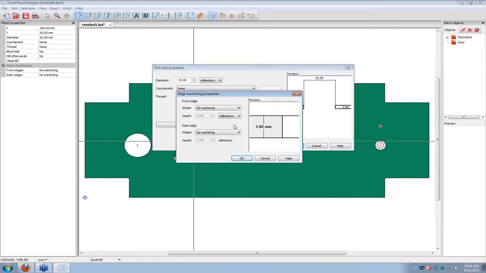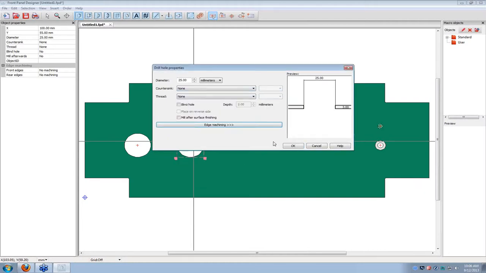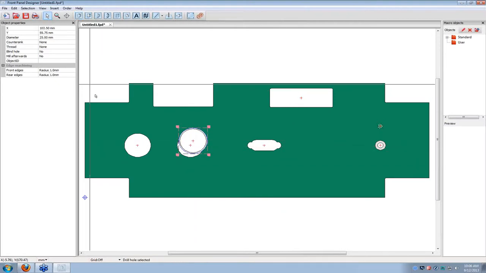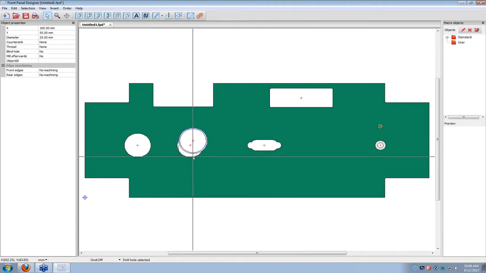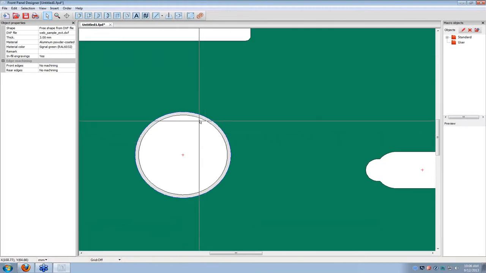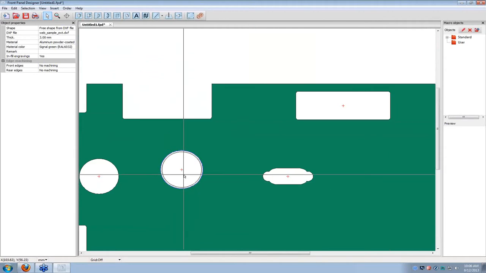We have edge machining. This is where you'd want to add your bevels. For this example, I will add a 1 millimeter radius on the top and bottom of that cutout. You will see on that cutout, if I zoom in a little bit, there is a blue outline on that cutout. Whenever you see a blue outline within the designer, it will signify that you requested a bevel on that